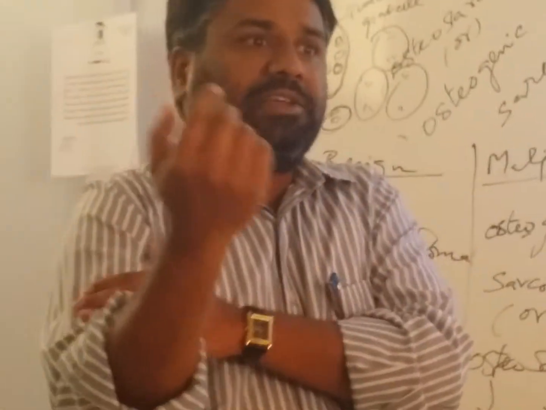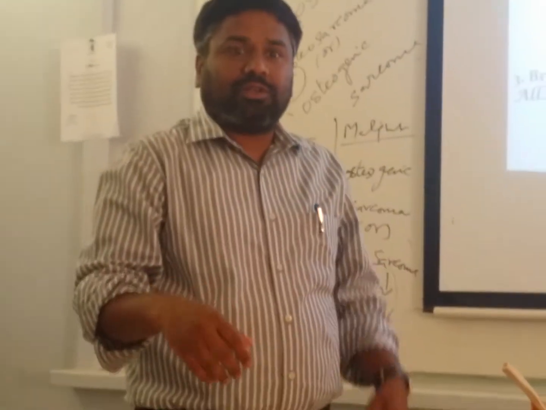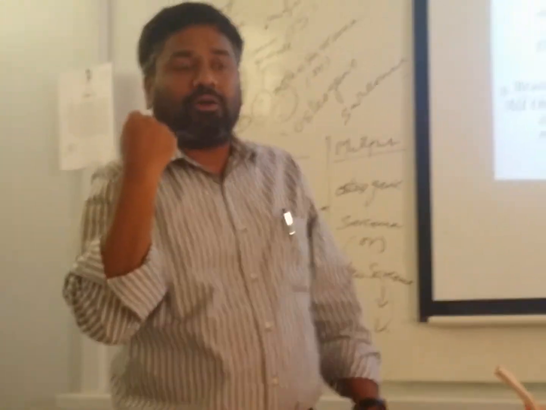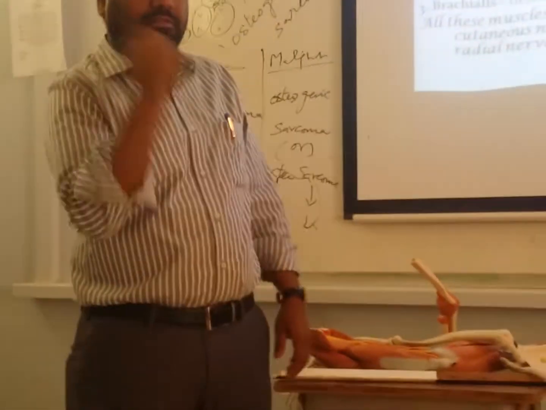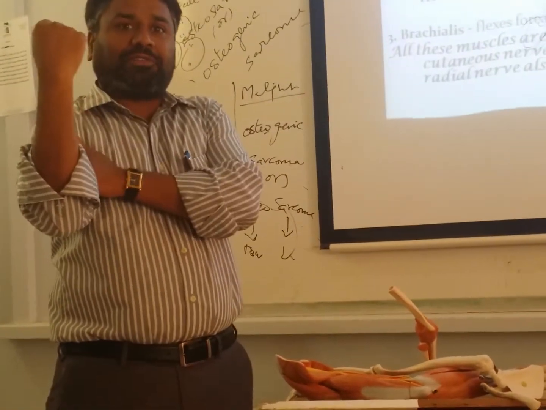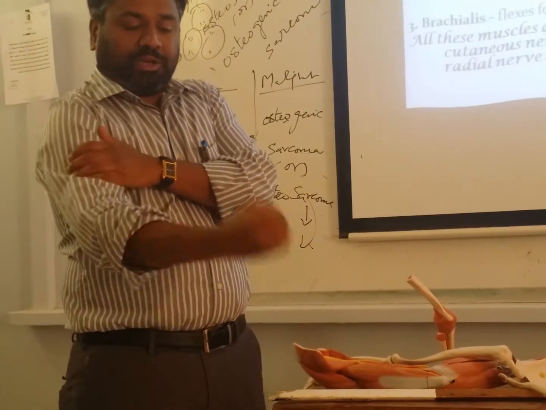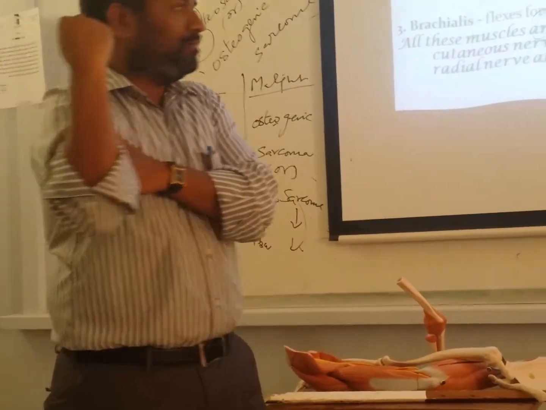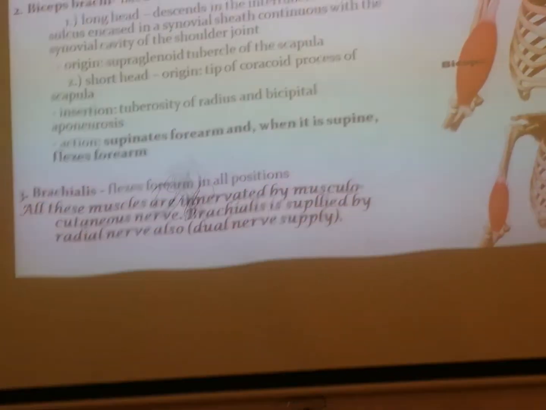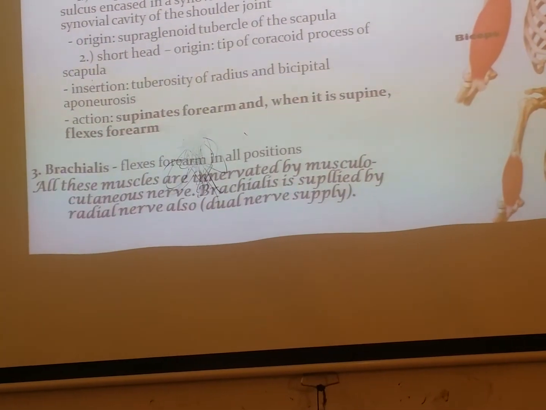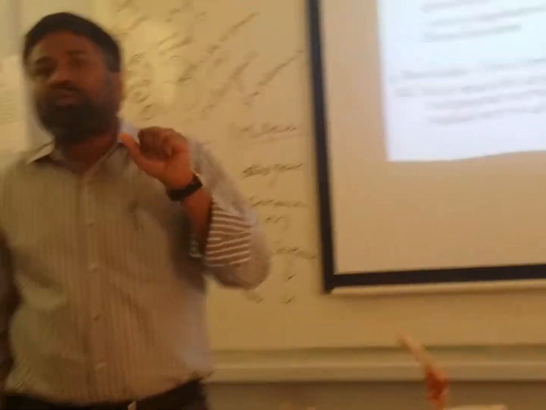So whenever you want to build your biceps, how do you do your dumbbells? You just lift like this? No. How do you have to build your biceps? You hold the dumbbell like this. Yes, you do like this. That is how you build your biceps. Don't do like this. So you should do supination and then flexion. That builds up your biceps. The chief action of biceps brachii is supination and then flexion of the supinated forearm.